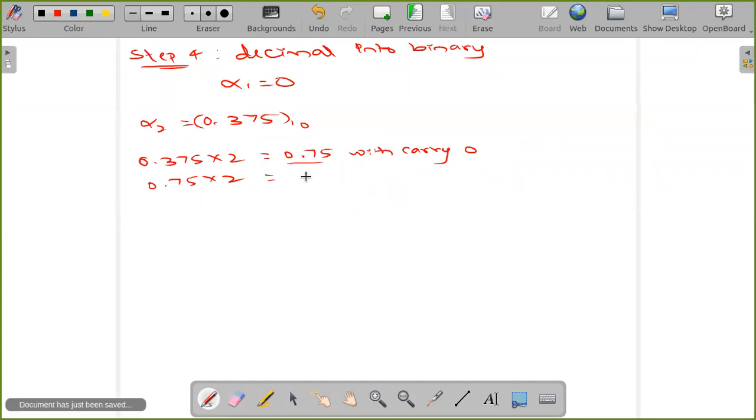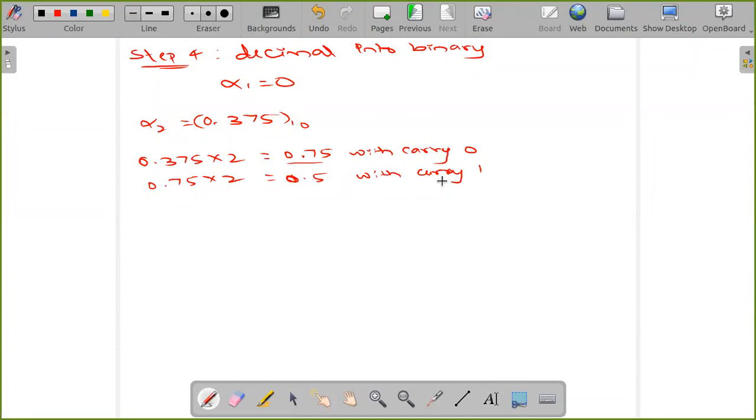1.5. Yes, I should write 1.5. Now carry: as I said before, whatever I get before the decimal point will be indicated as carry. So for that 1.5, I'll take the 1 as carry, which means I'll make it 0 here, with carry 1. Because before the decimal point, whatever I get is indicated as carry. Right? In 1.5, 1 will be the carry and the remaining part will be taken here.